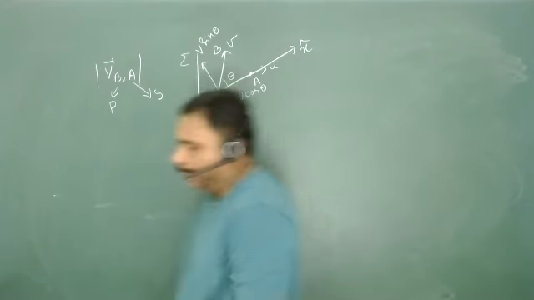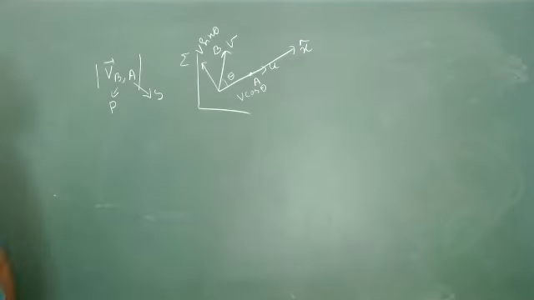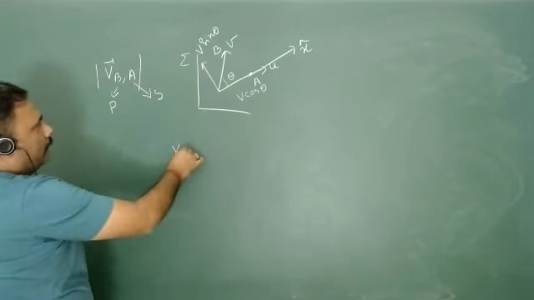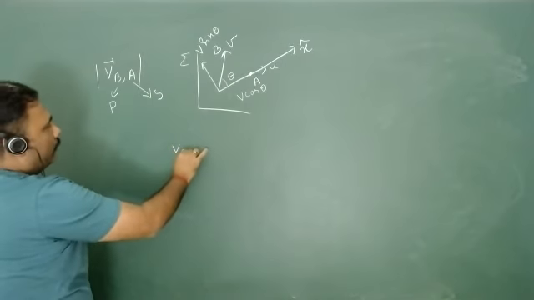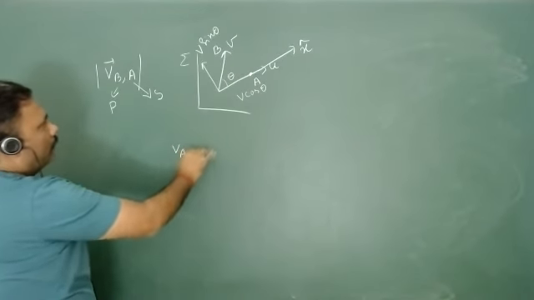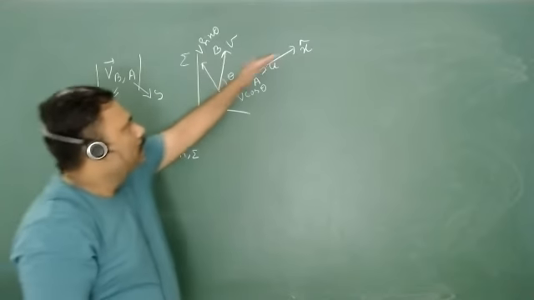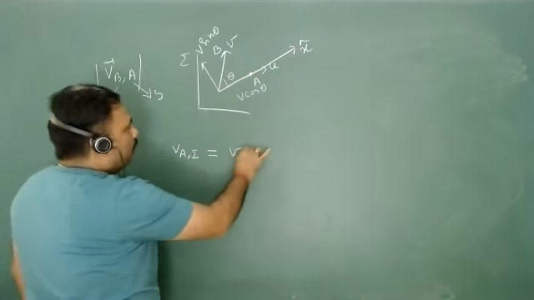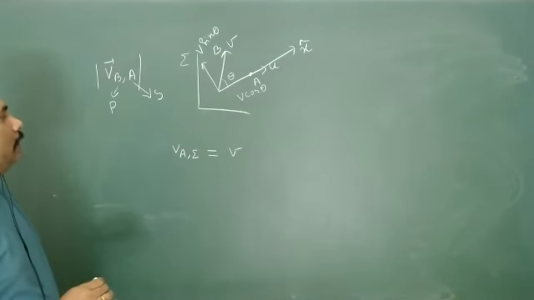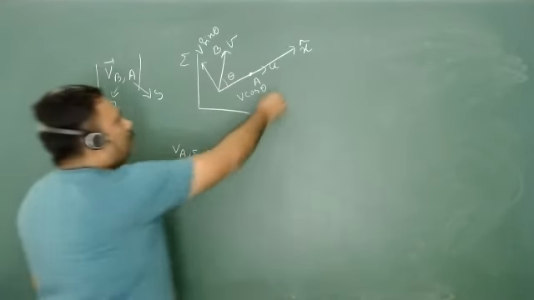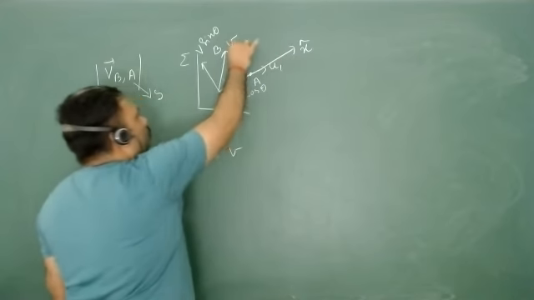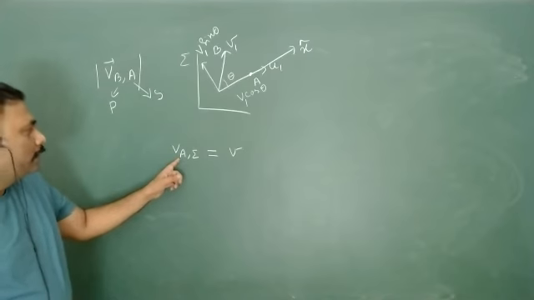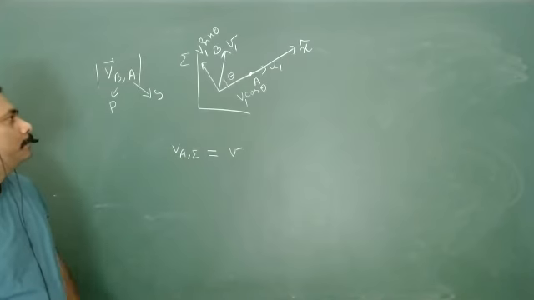Now let's try to write everything. The velocity of A with respect to sigma. I have to keep this as my x S frame. So this will be my V, and so you might confuse this with V. So what I will do is take this one as u1 and v1 so that we cannot confuse it with my notation. Okay. So the velocity of A with respect to sigma is V,